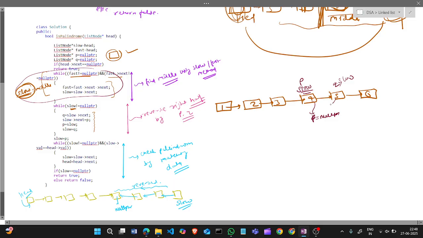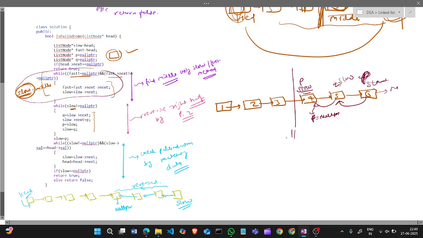So in this way we will reverse this. Okay, so we already saw how to reverse. So now slow will be this, and slow will become a null pointer and this will become p. Okay, so in this way we reverse this.